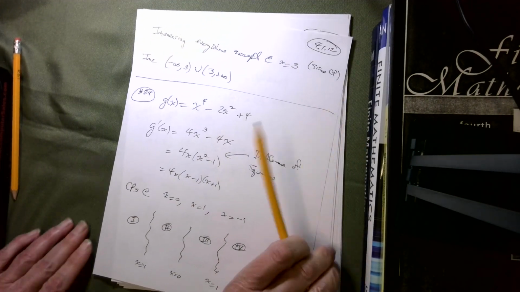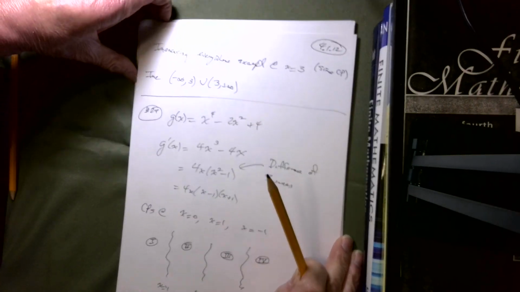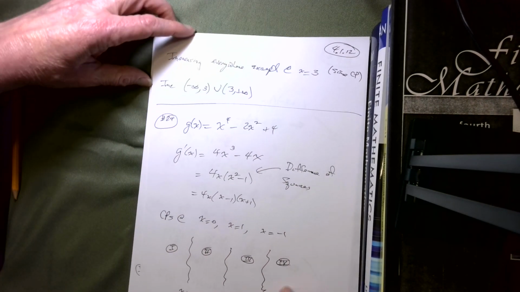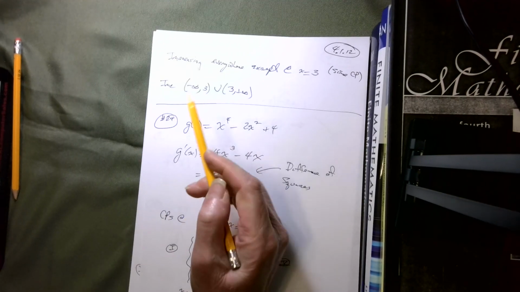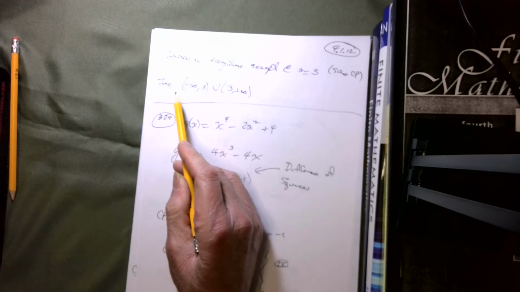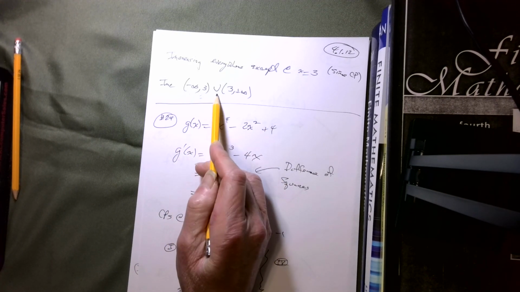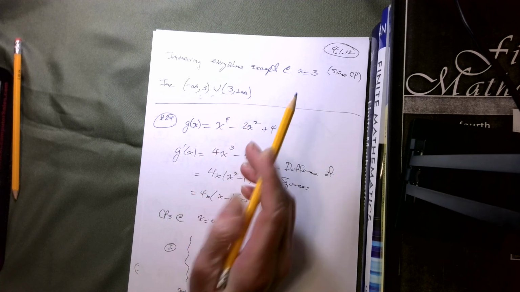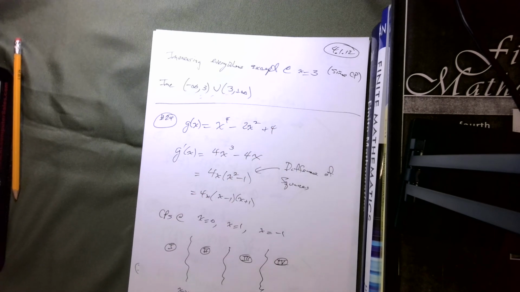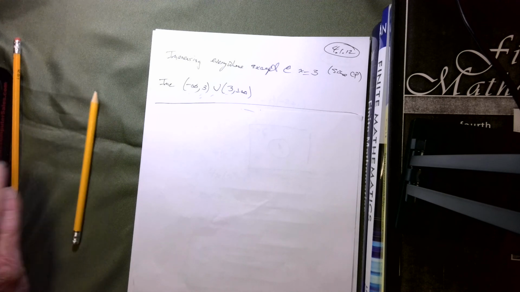So this is telling us, apparently, this function is what? Increasing in both region 1 and region 2. So we're going from minus infinity out to 3. Don't include the 3. Or 3 to positive infinity. And that takes us to